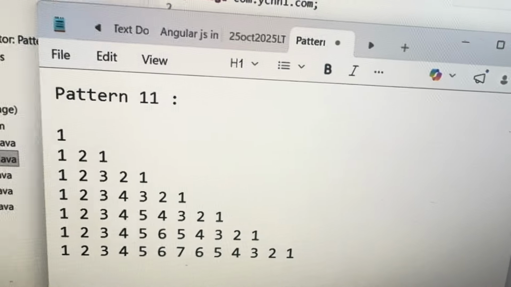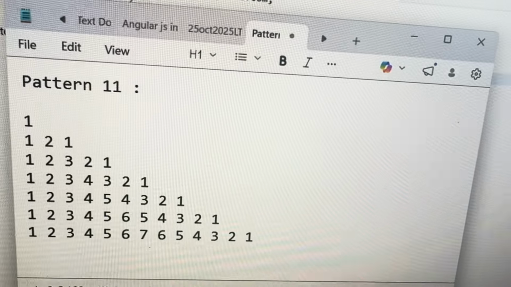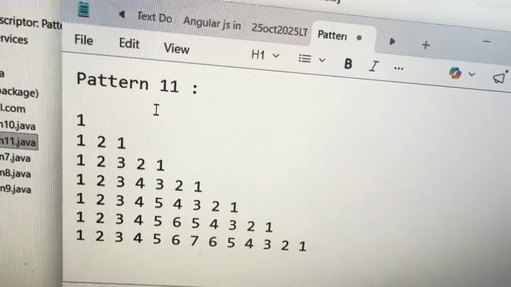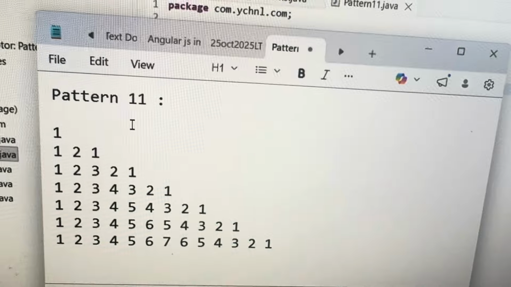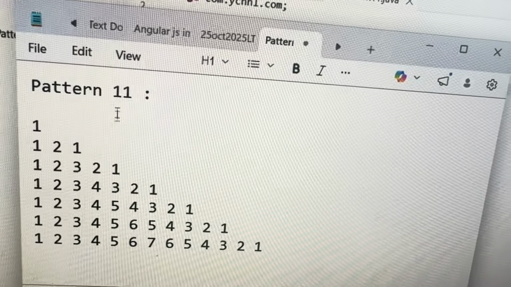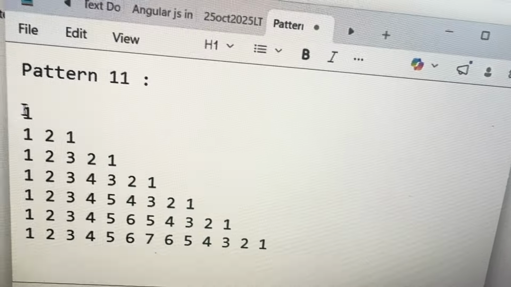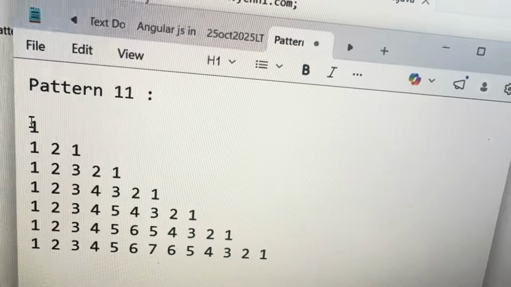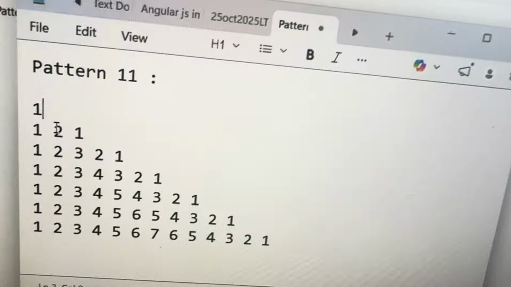Hi, today we will discuss this pattern. We'll discuss how to write the Java program to print this pattern. We have seen 10 patterns, right? So here in the 11th pattern, if you observe this pattern,